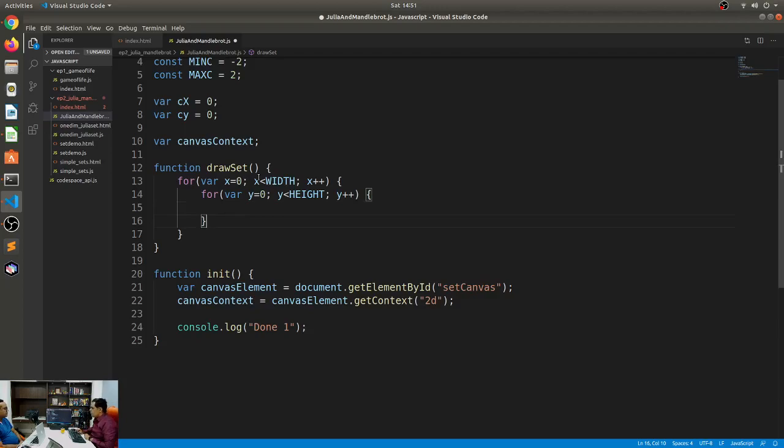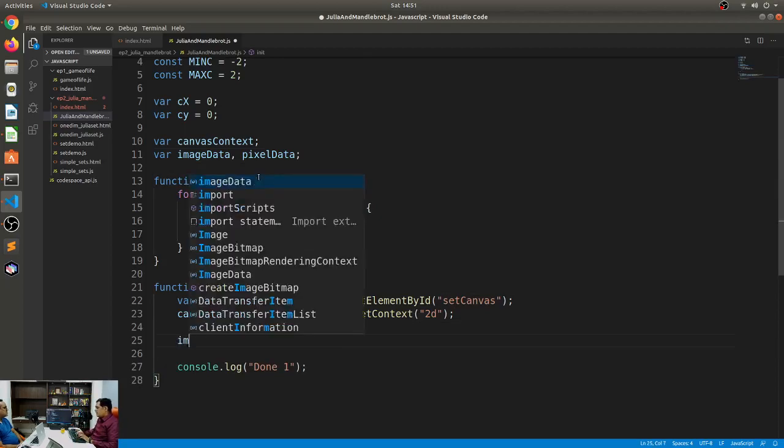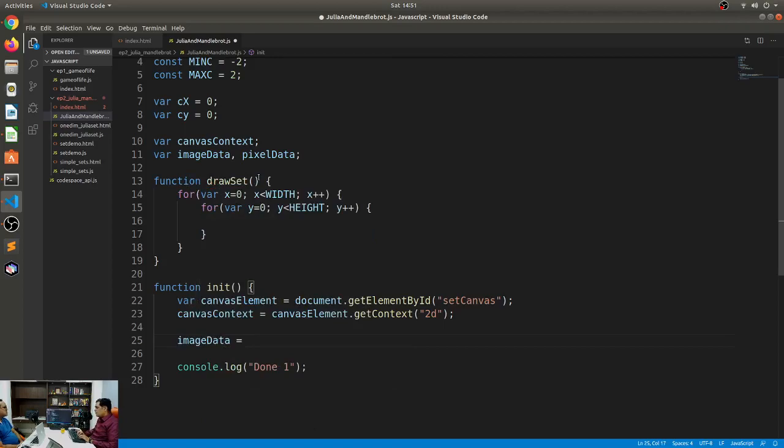Oh, hold on. Before we go there, we need to actually initialize or get the pixels that we are going to use. We can do that with pixel manipulation on the canvas. So I need to declare a variable called image data, and pixel data. To get pixels from the canvas, I'll say image data is equal to canvas context dot create image data.